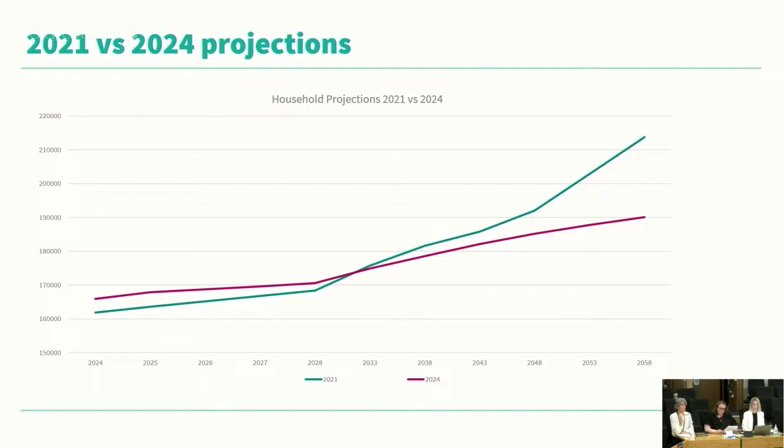Overall, the 2024 projections are much flatter and reflect that we have returned to a slower rate of growth than what we were seeing in the city post-quake. And again, it's a good reminder that projections do change, and it's important that we keep on top of the latest projections and understand why they're changing, so understanding those drivers, but we can't expect that they'll stay the same.